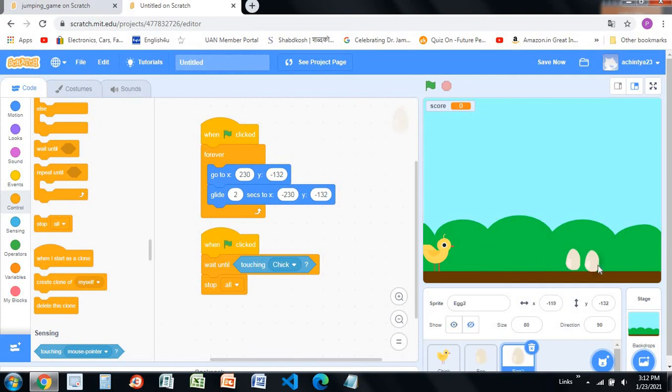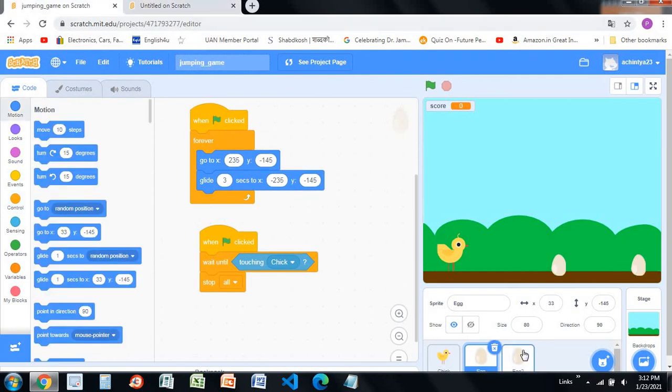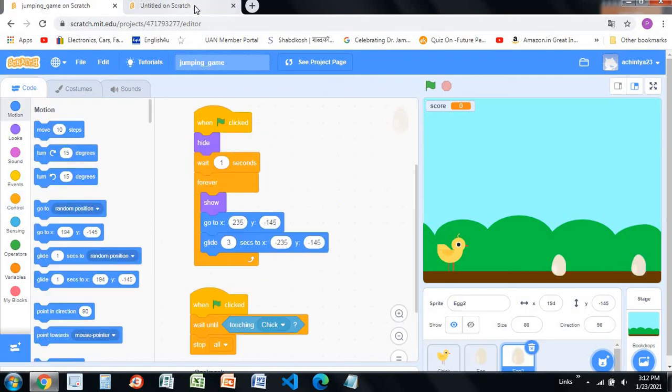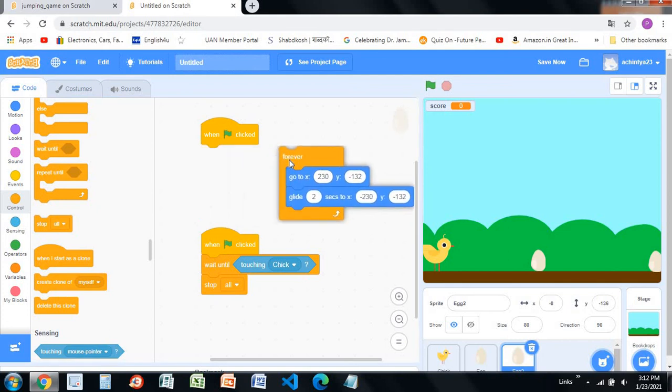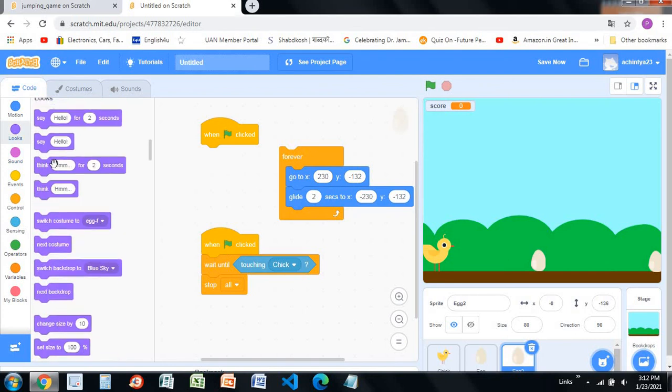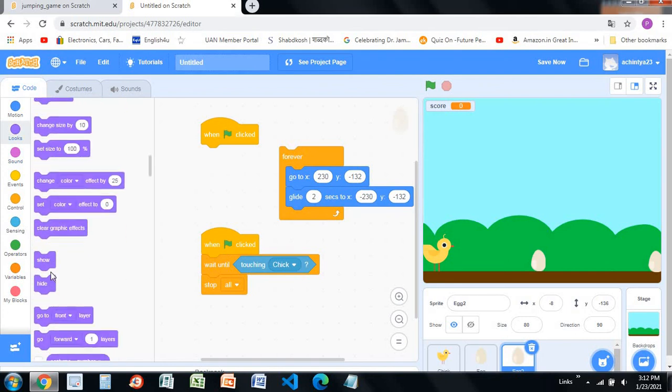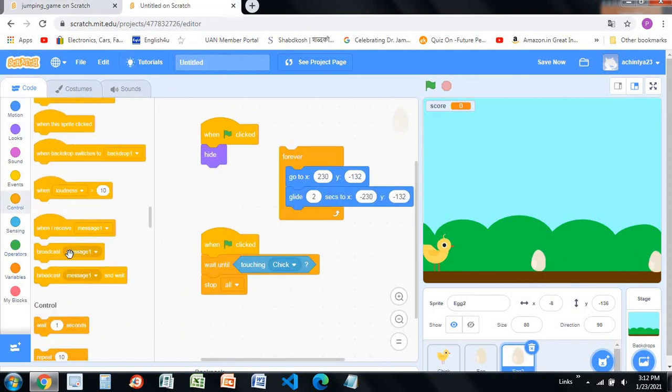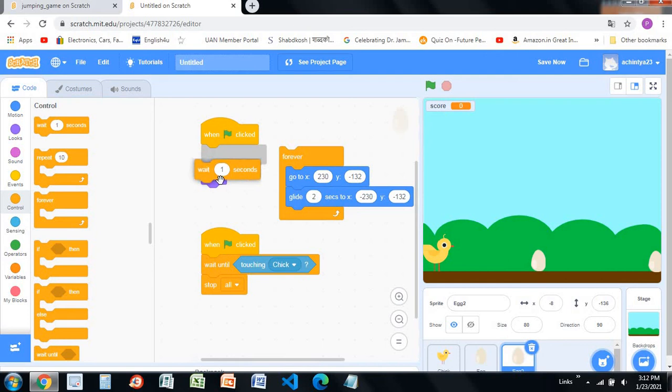So same with the egg 2 also, I want it to be over here, but it should not block our path. So go in the egg 2 and I'm going to make some changes. You can see when green flag clicked, I'm going to place this code aside and go in the looks and make it hide. Then you'll notice that wait 1 second, go in the controls, drag and drop this wait 1 second,